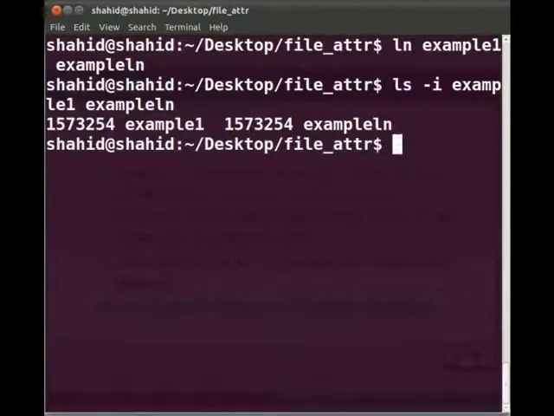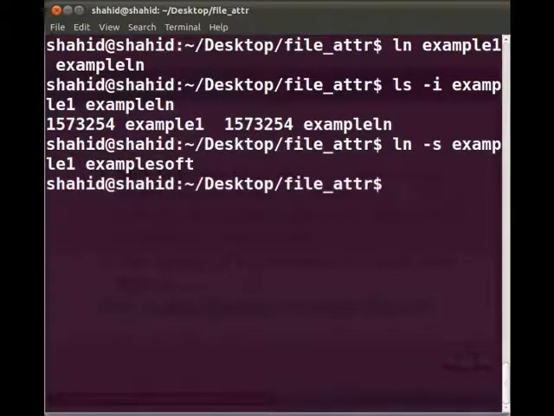To create the soft link, type the command ln -s example1 example_soft. Press enter.